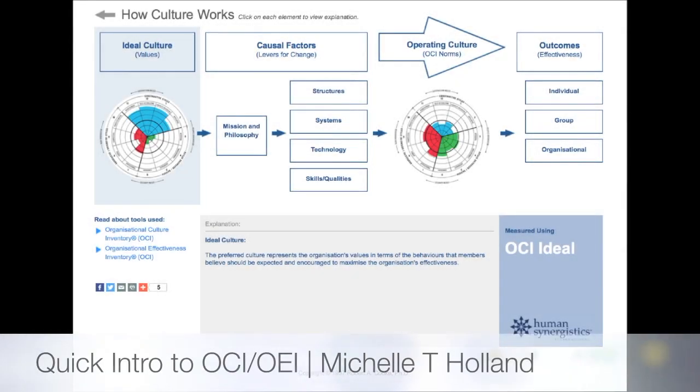Hi there, this is Michelle, and I wanted to give you a really quick overview about how culture works using the Human Synergistics model. This is the profiling and diagnostics tool that I tend to use with organizations when they ask me to come in and have a look at their culture and they ask me to help them transform